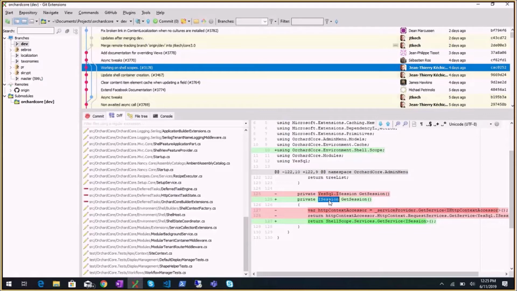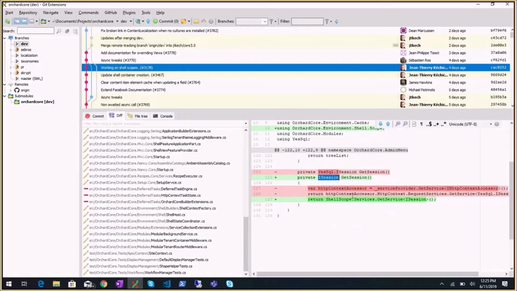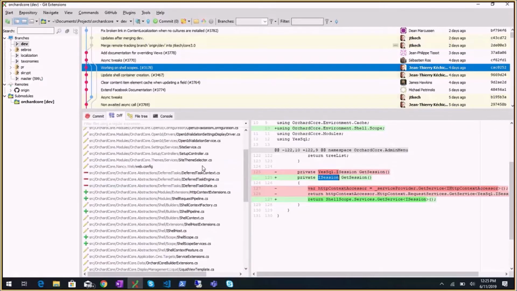So this is why we want to be able to intercept it before and call it asynchronously before the service scope is disposed. So now what's done is that the service scope is wrapped into a shell scope that has support for that. So before we dispose the shell scope, we can call asynchronously all the events we can register on a scope. And is there a nice example here